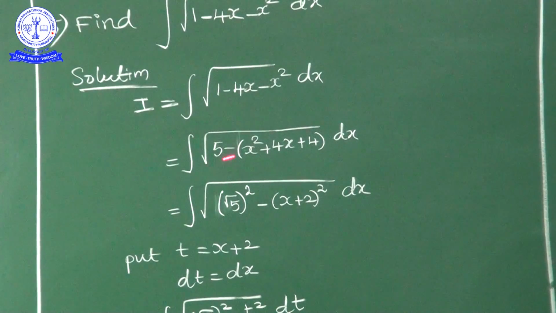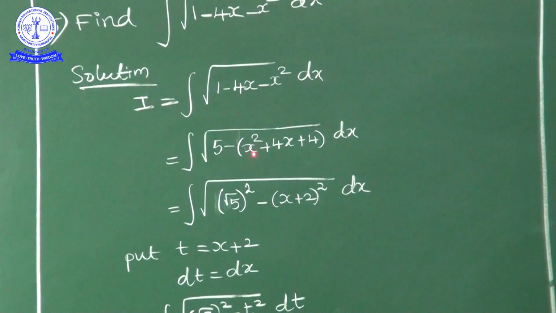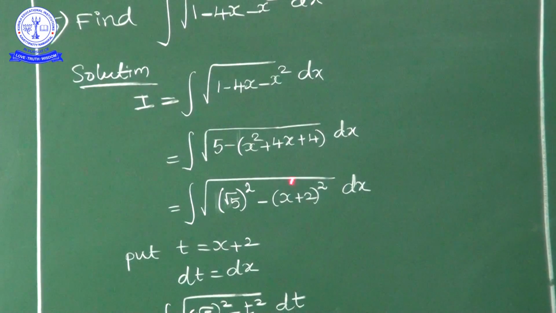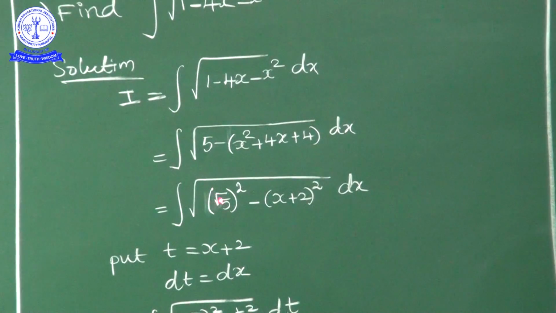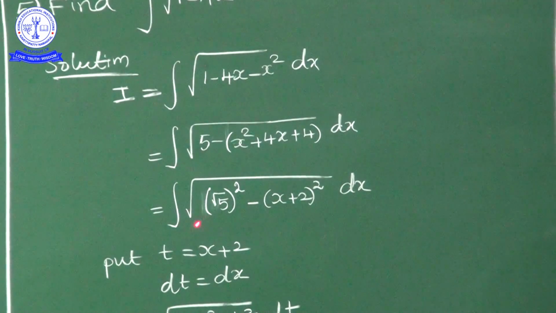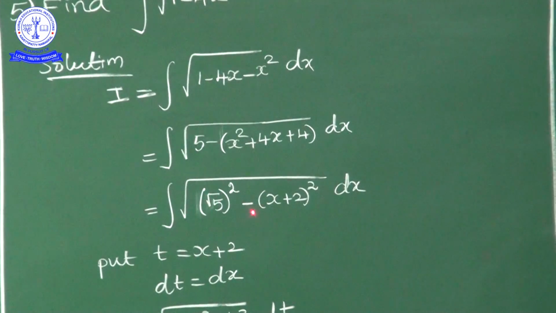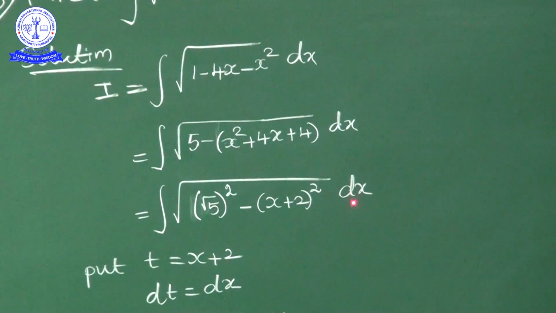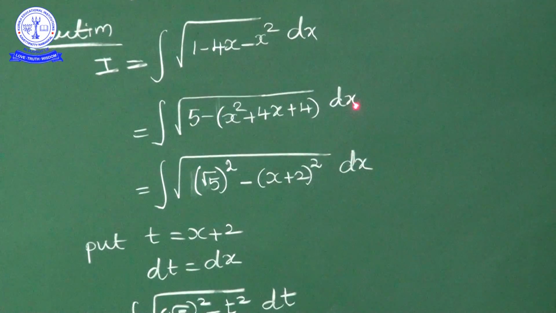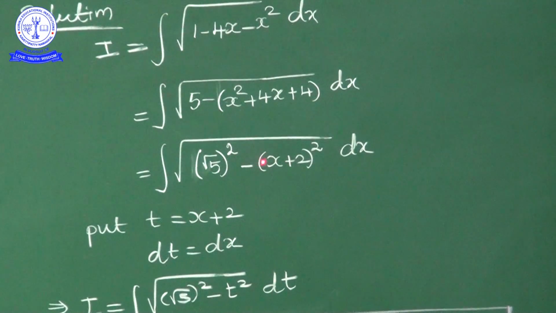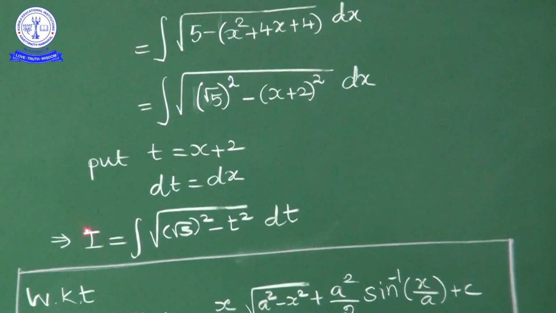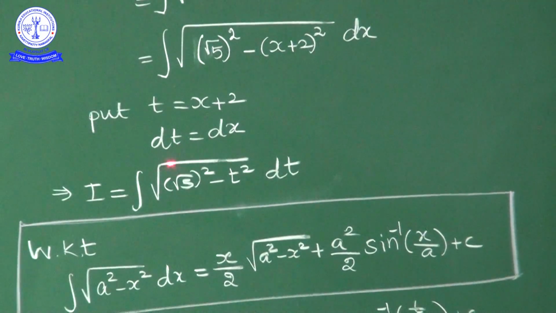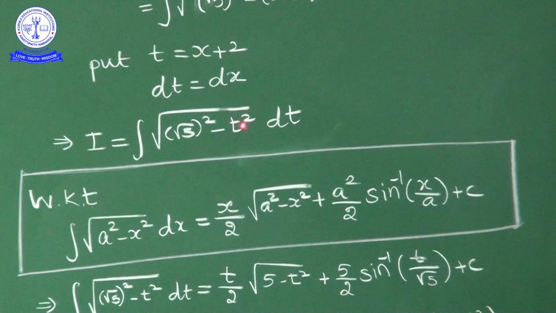Okay. Now what is the advantage? The advantage is x square plus 4x plus 4 we can write as (x plus 2) whole square. 5 we can write as (root 5) whole square. So I is equal to integral square root of (root 5) whole square minus (x plus 2) whole square dx. Okay. Now I'll put x plus 2 as t, dx equal to dt. So this I reduces to I is equal to integral square root of (root 5) whole square minus t square